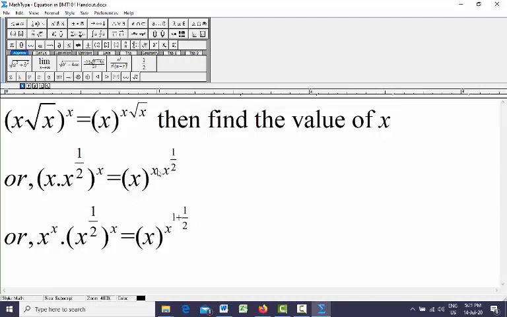So we have x to the power 1 and x to the power half, and since we are doing multiplication and the bases are the same, the powers can be added together, 1 plus half. Right,